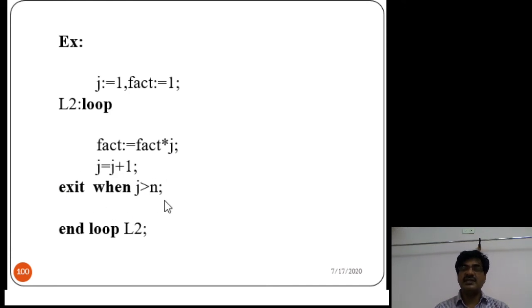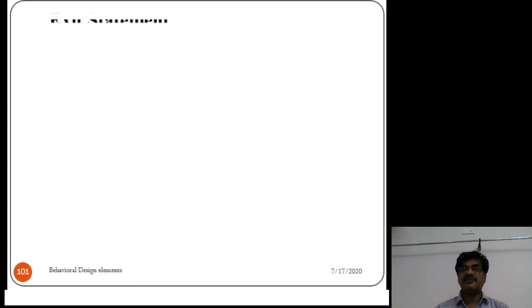And what is the condition? J greater than n. If j is greater than n, then exit the loop. Otherwise, the loop continuously executes. So the exit statement is helpful in order to exit the control from the loop statement to the outer environment. That is the usage of the loop statement.